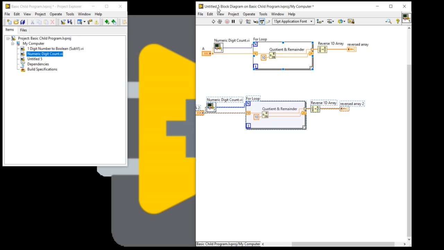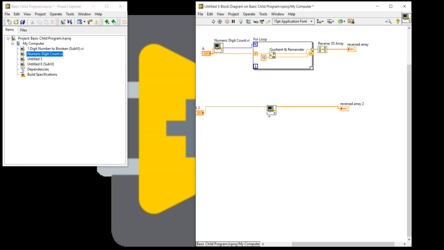And if you have done, now create a sub VI.